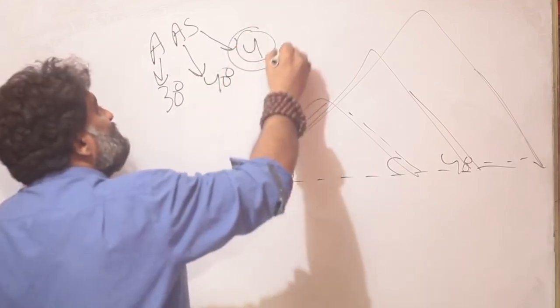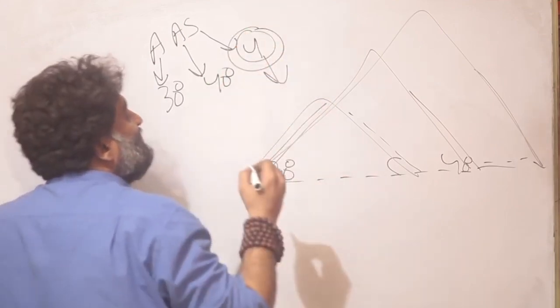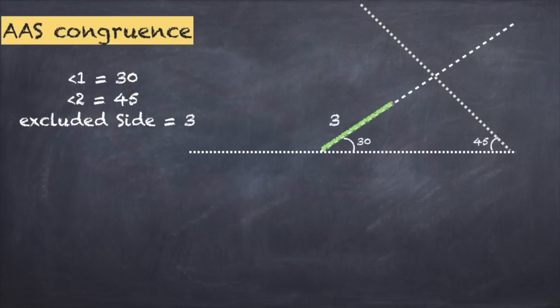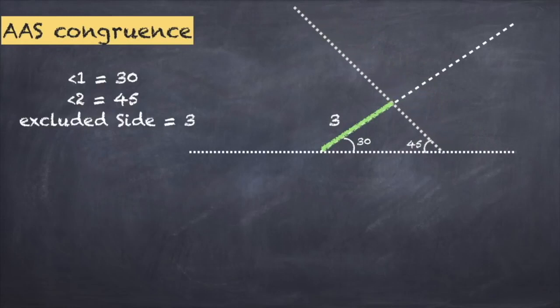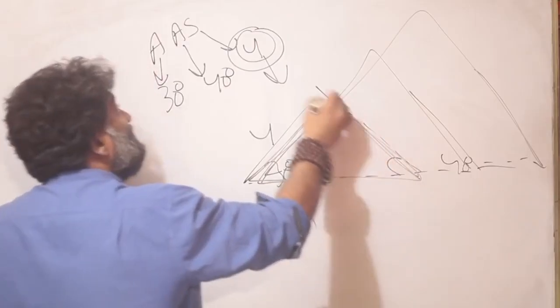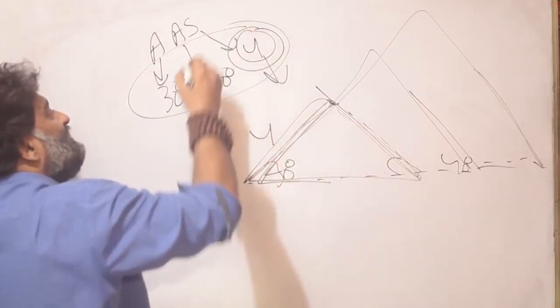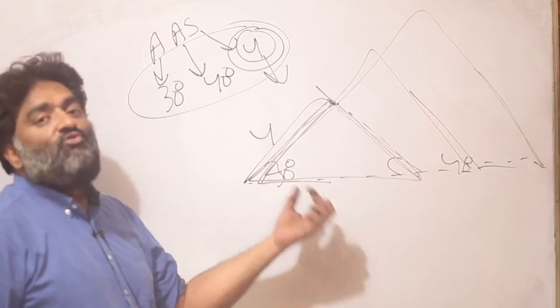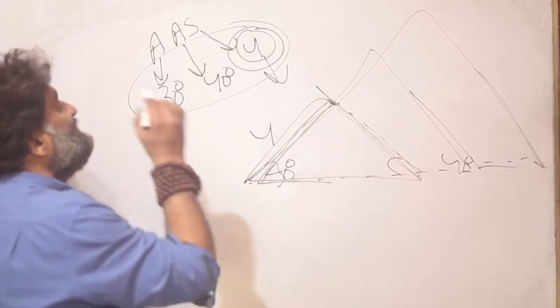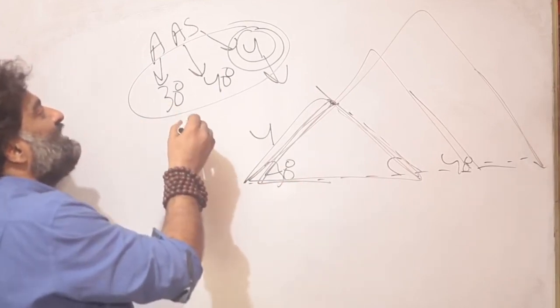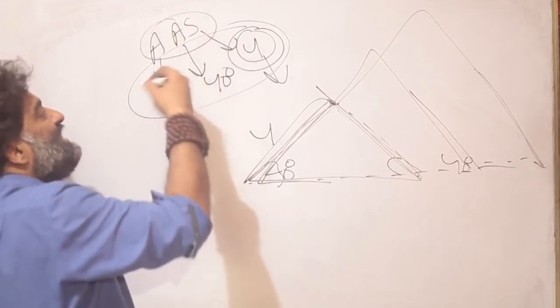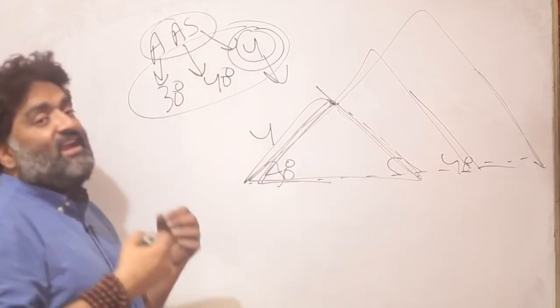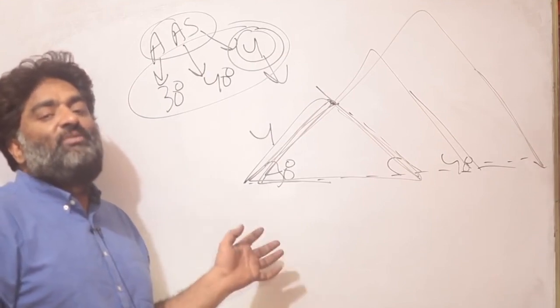But if this information is locked in, the third side is given as 4. So let me draw a 30 degree angle and I know this is 4. And I know this has to intersect with the end point. That means I will keep pulling it till it crosses with this point. And once again I see with the information given that angle, angle and a side, I am locked into one unique triangle. That means if it is given to me that there are two triangles where the angle and sides are equal to each other, I can definitely say that the triangles are going to be congruent to each other.